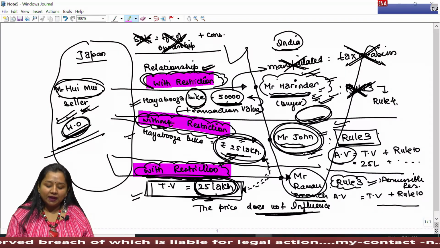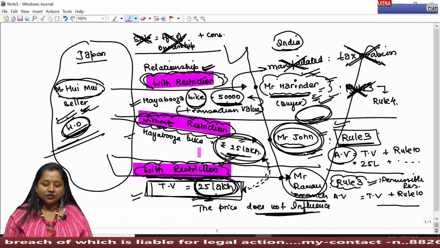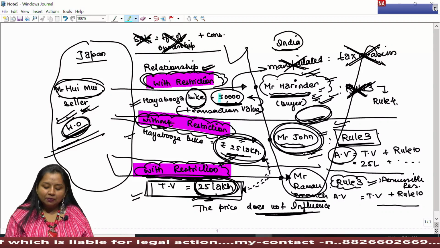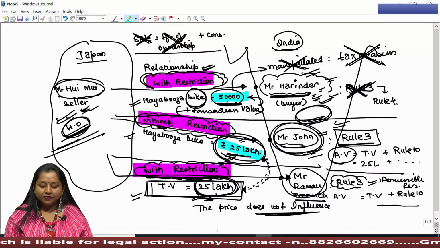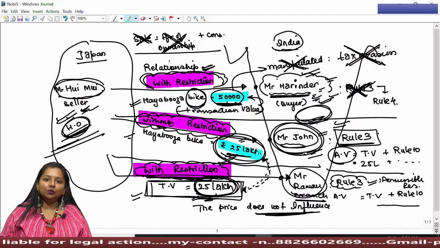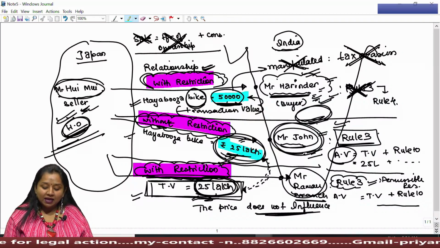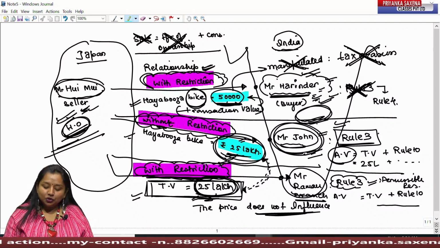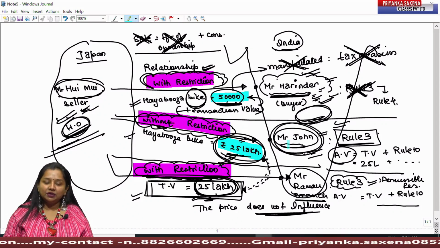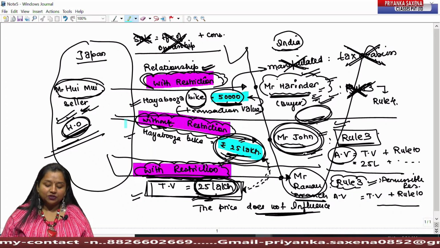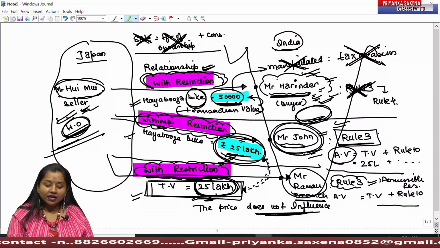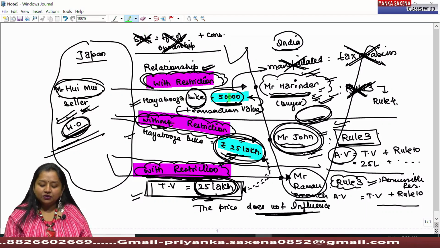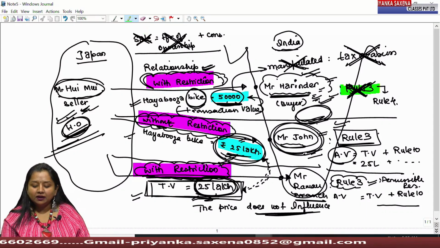Either goods can be supplied with restriction or without restriction. If goods are being supplied with restriction and the price is shown to be manipulated, how can we conclude that the price in the invoice has been manipulated? You can make a comparison with other supply, other importation made to any other person at or about the same time without restriction. Then the lawmaker says: in such a case where after restriction the price has been manipulated, rule 3